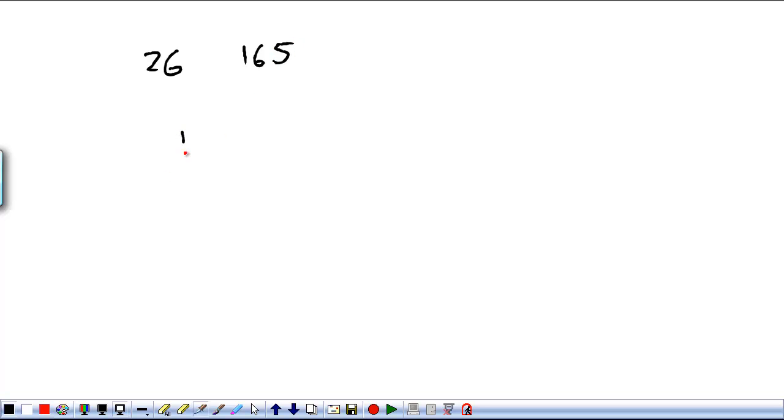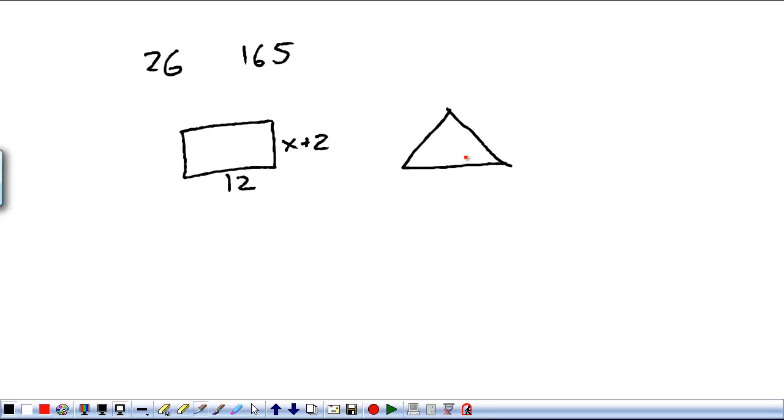So we have a rectangle. As I talked about yesterday, this would be a good problem for you: a rectangle with a length of 12 and a height of x plus 2. And then we have a triangle, and the triangle has a height of 10 and a base of x plus 16. And we want to find a value for x in which the area of the rectangle is greater than the